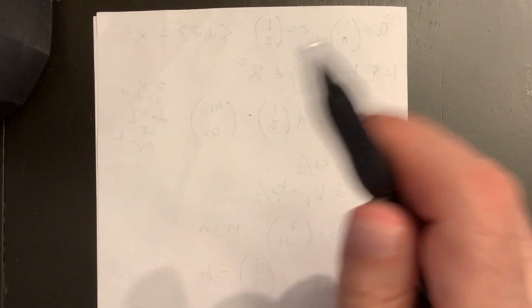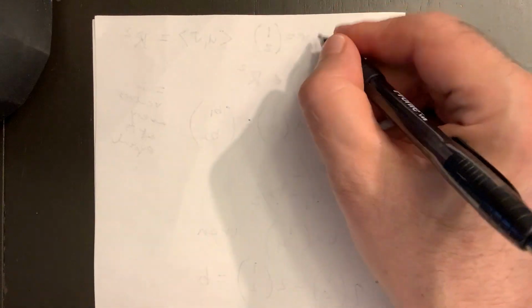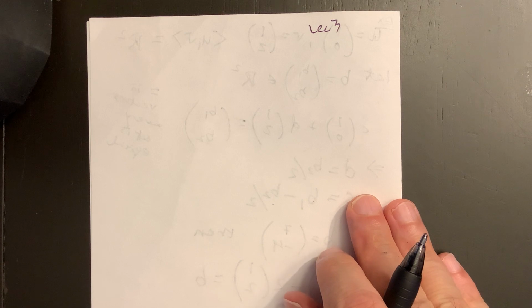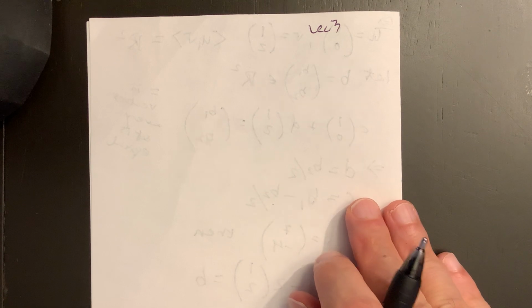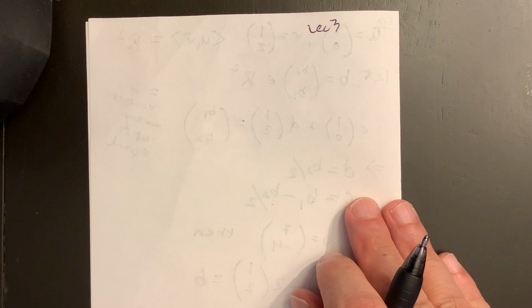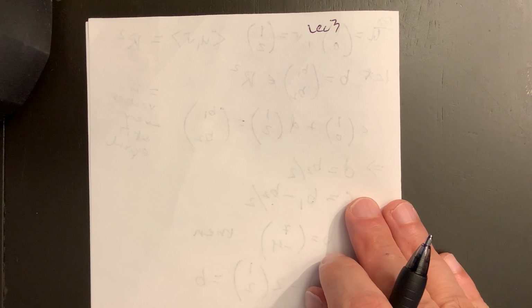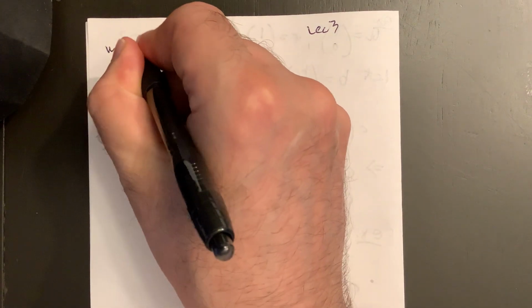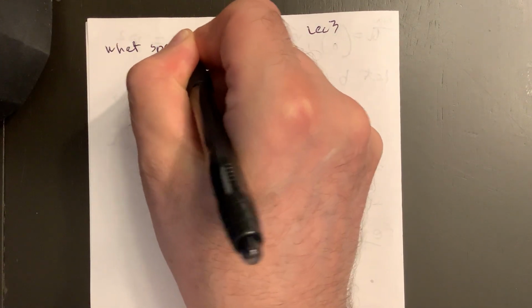Okay, so I want to talk now. This is the third lecture, lecture 3, and we're still on chapter 1.1, I think. We're just finishing it. Now I want to talk about what spans are possible in R3 and Rn. Let's think about R3. So let's write this down. What spans are possible